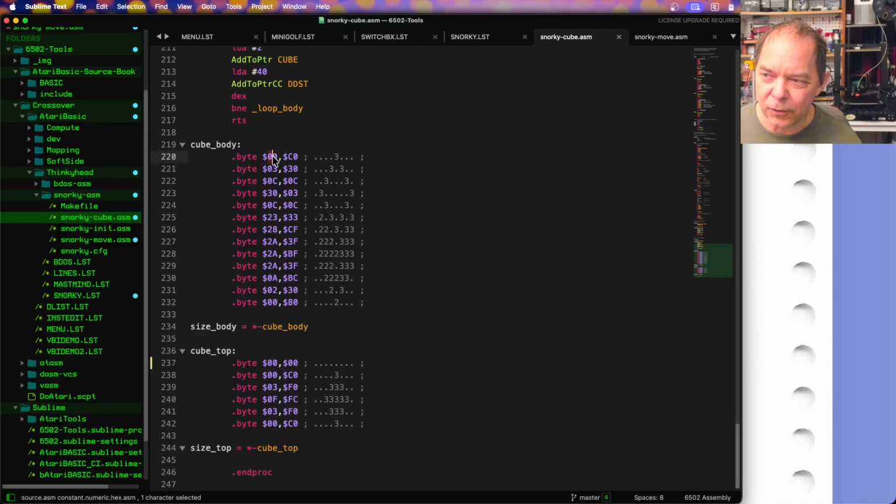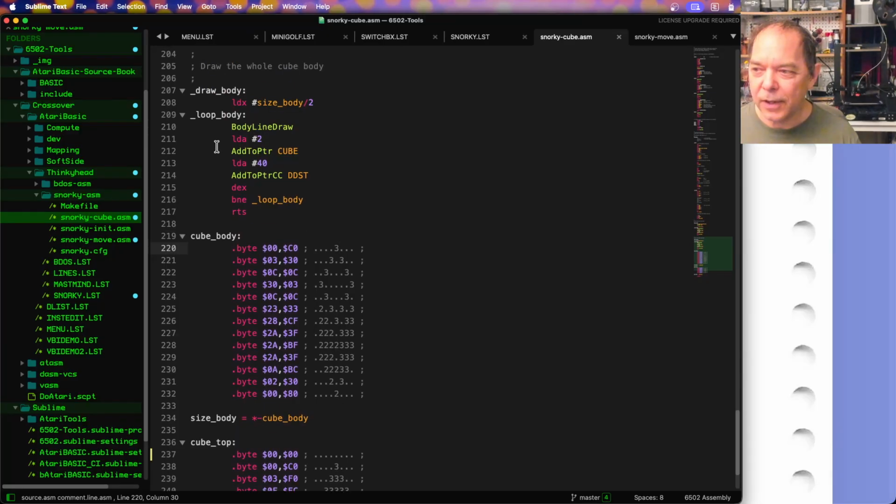Every set of 2 bits is a pixel. I could have done these out in binary, but I didn't, because it doesn't look good in binary. It makes more sense seeing them as the colors like this, 3, 2. I guess you could call this base 3 or something, or base 4. I'm not sure. I guess it's base 4. So these are base 4 numbers here. If there was a base 4, that'd be cool. So that's those, and then